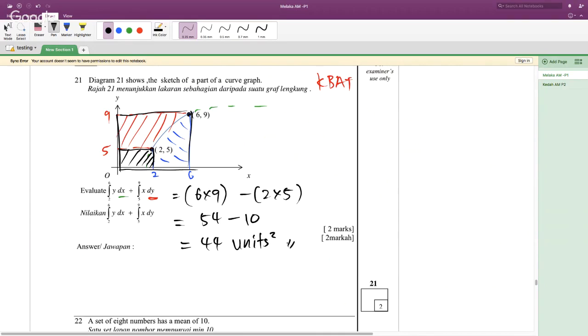Right, this one has nothing to do with the integration, because the integration is just to help you to understand where the shaded area is. If you can understand the shaded area, you can easily get the area you want to find. All right, so let me move on